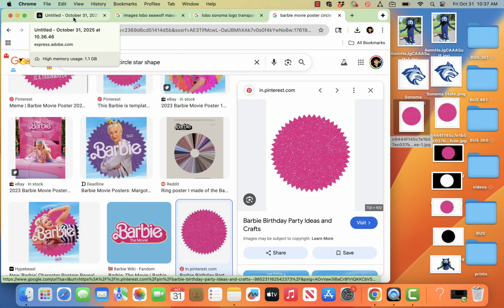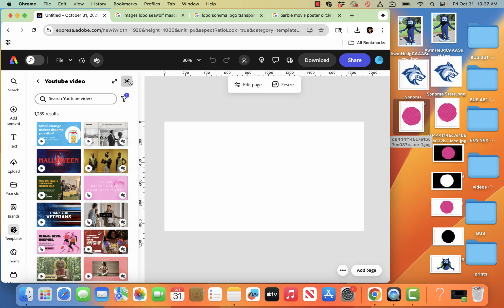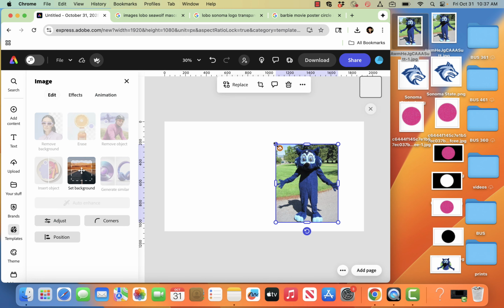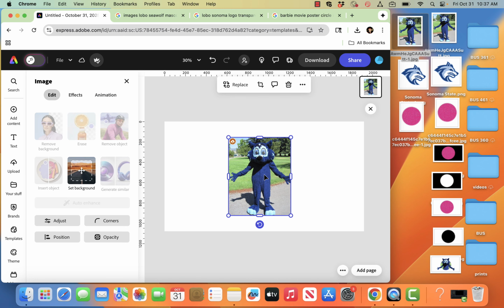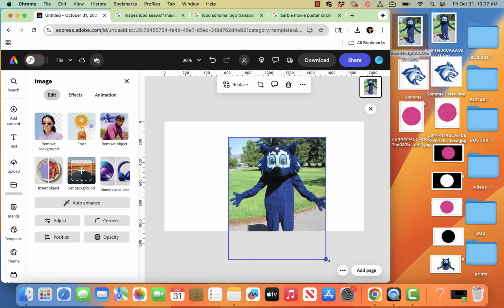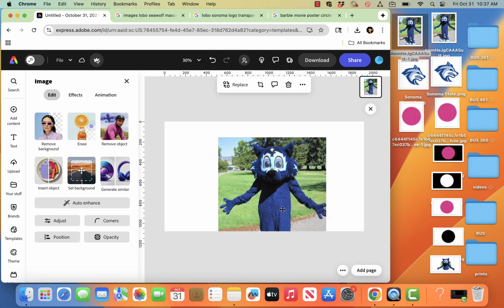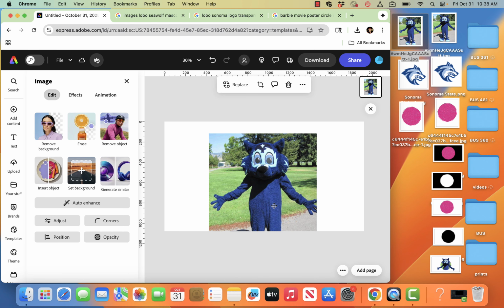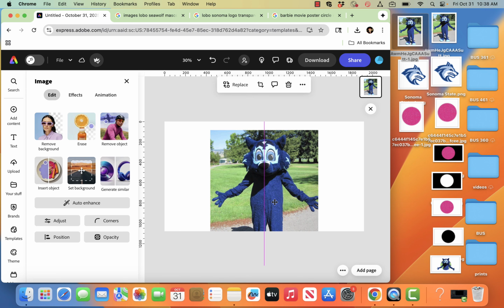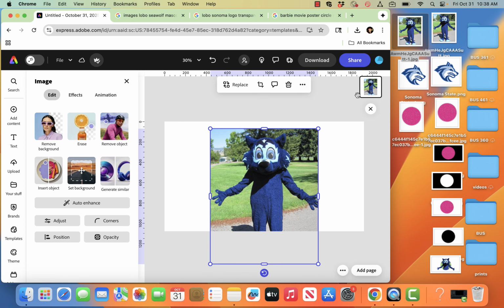Okay, so we got a blank artboard. Let's bring in Lobo and kind of resize Lobo. So for the end result, you don't need the feet. So I'm going to go from just below the waist up and then recenter. Okay. And then I'm going to duplicate it with the